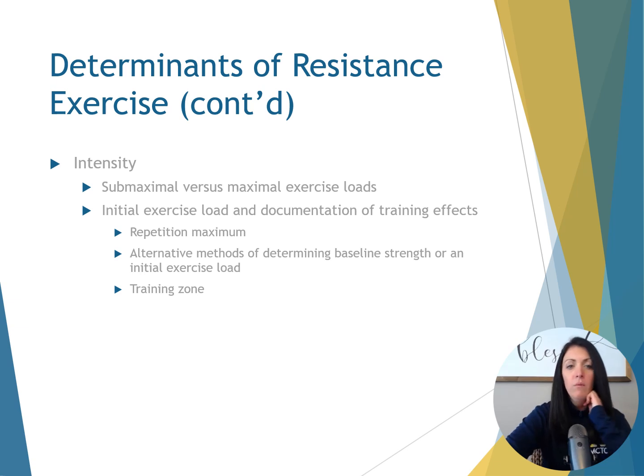Now, a 1 rep max, or 1 RM, is for healthy young adults and athletes as well as active older adults. It is not safe to use for patients with joint impairments, or patients who are recovering or at risk for soft tissue injury, or patients with known or at risk osteoporosis or cardiovascular pathology. So make sure that you understand what general population would most benefit from a 1 rep max as a baseline measurement, as I just mentioned.